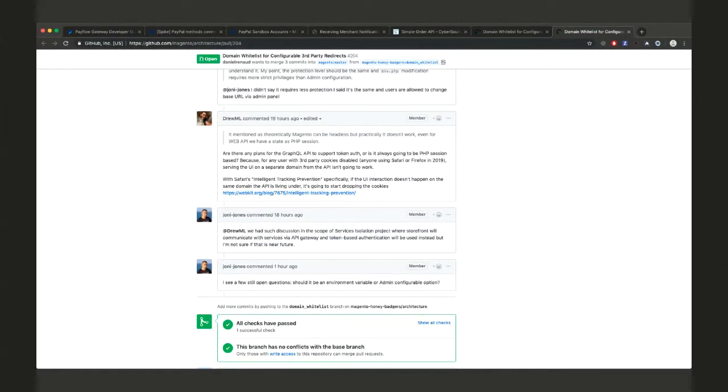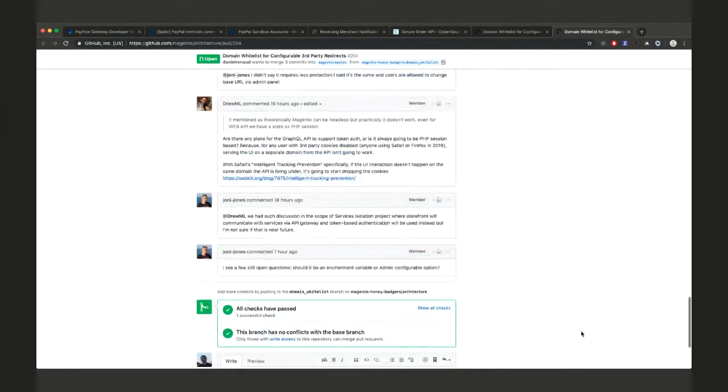Okay, let's see what happens if we implement that, and then in some time we might still need whitelisting, or we need to support other domains. I think we can add it in a pretty backward compatible way, right? We will add it as a new feature, and if no domain or no whitelisted URL is provided, we can fall back to the current domain of GraphQL, like the URL of the backend.